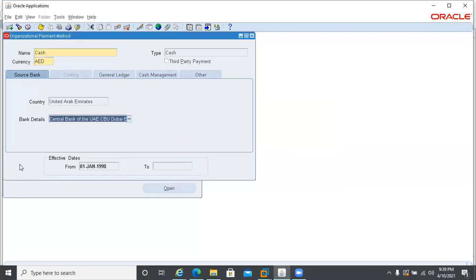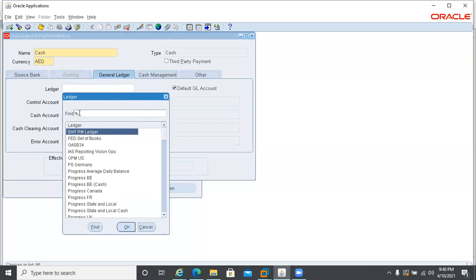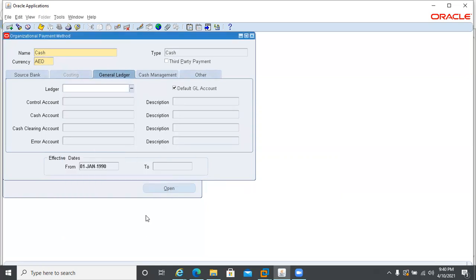Okay, so once I close the screen, I will go into the bank payment bank detail key flex field, and you will see that in the system administrator, General Ledger. The General Ledger is again part of the financial side. Whenever financial people create the general ledger, as we discussed before, the company's financials consultants do the setup in the financials application, they create the ledger, they create the chart of